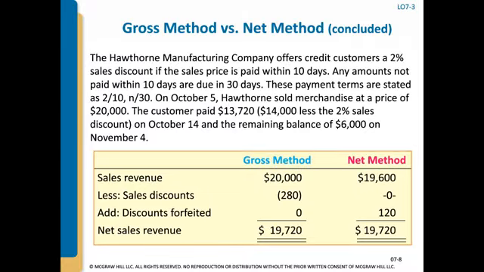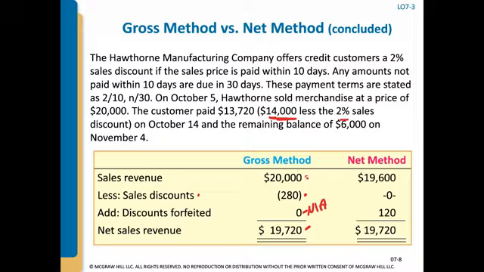And this is just showing the presentation of the gross versus net. In the gross method, we booked revenue for 20,000, and the other side was the accounts receivable. The client took advantage of only a portion of the invoice. They paid $14,000. They paid early, so they got a 2% discount. So they got $280 sales discount. This is N/A for the net method. And net sales revenue is